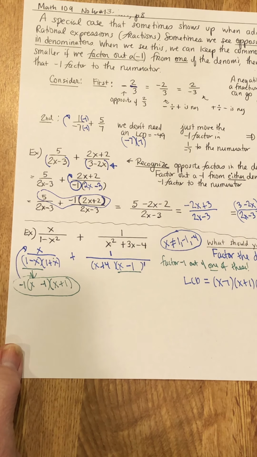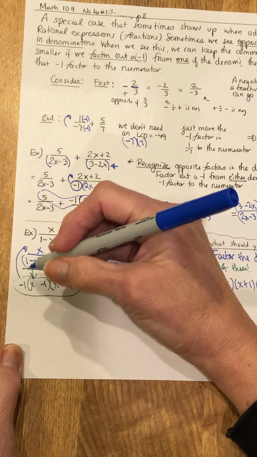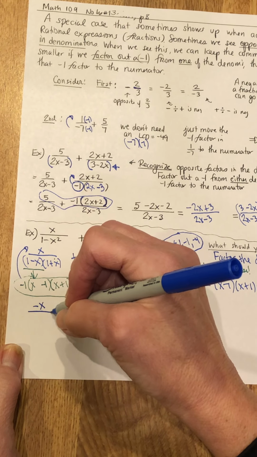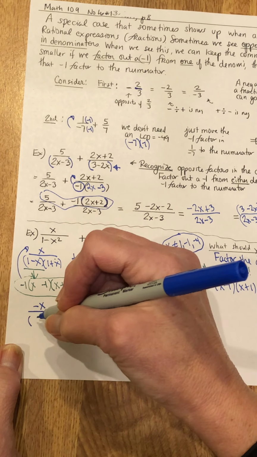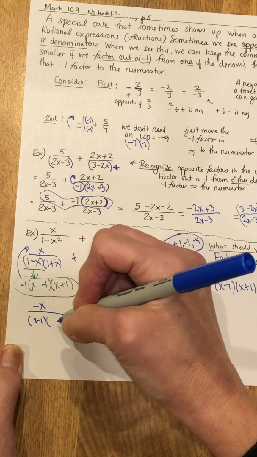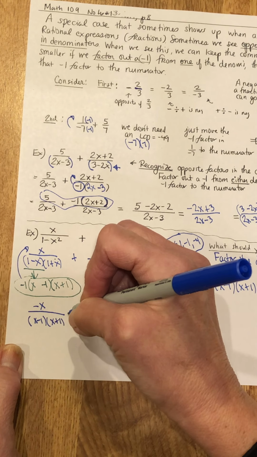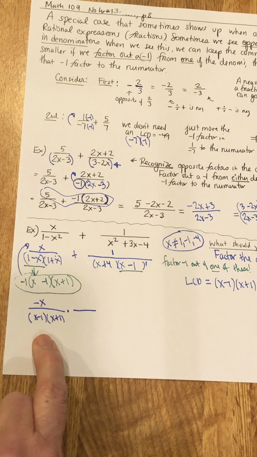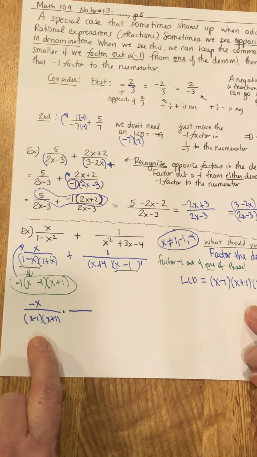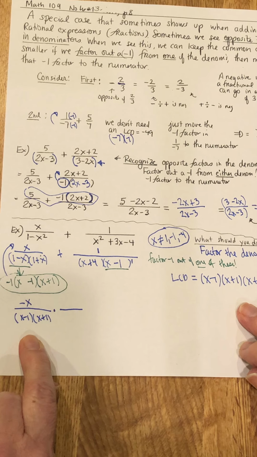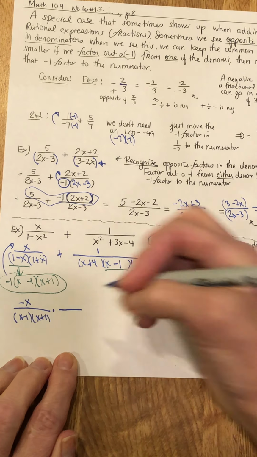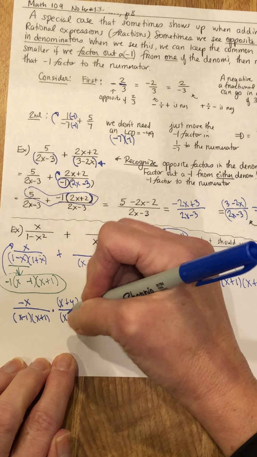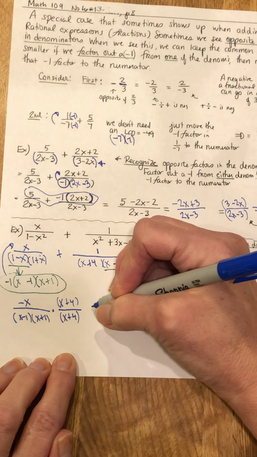So remember, I'm moving the -1 up to this numerator, so that's a -x over x minus 1 times x plus 1. That's what this fraction is. Here's the denominator I have. Here's the denominator I desire. Which factor is it missing? The x plus 4. So I multiply top and bottom by x plus 4. Plus,